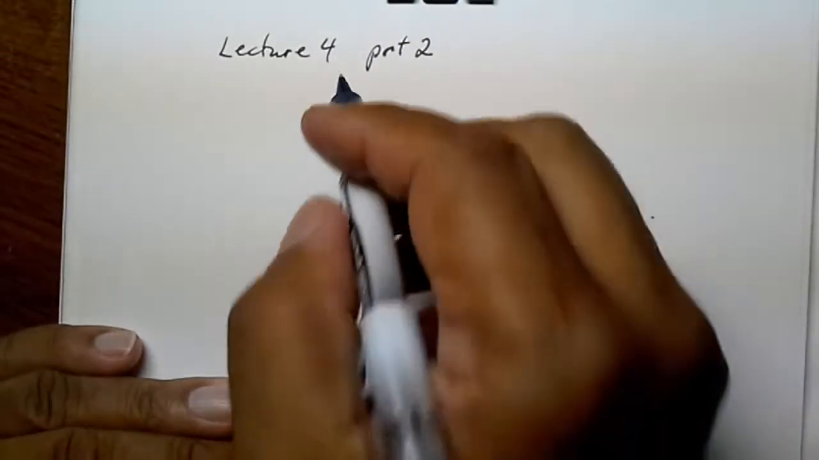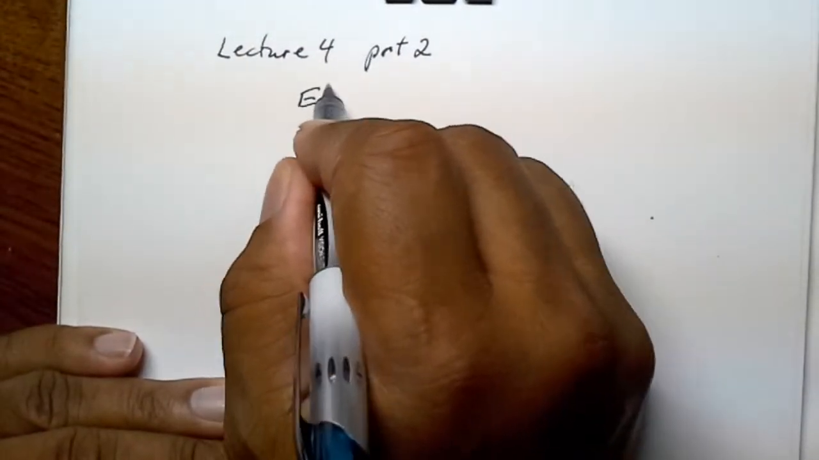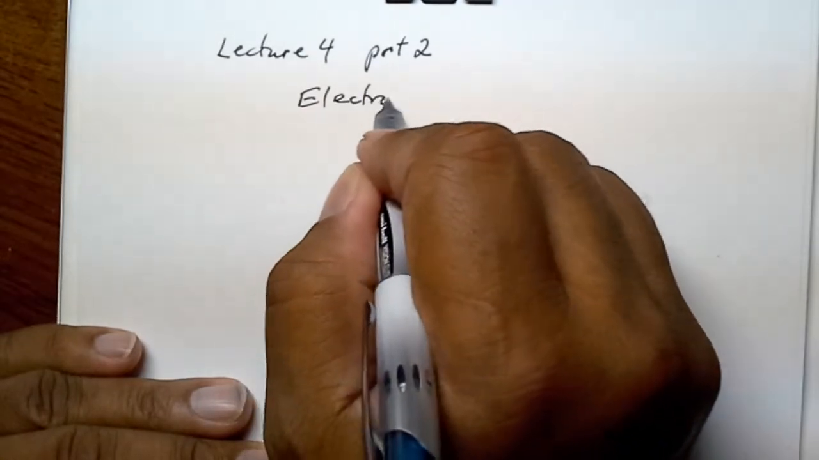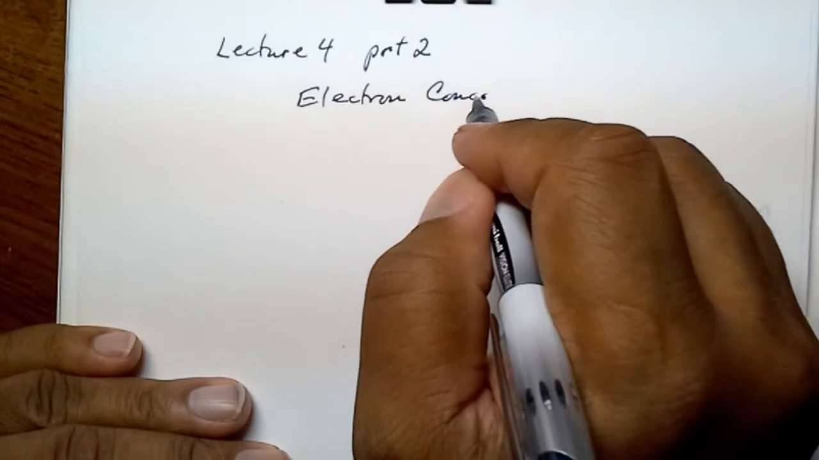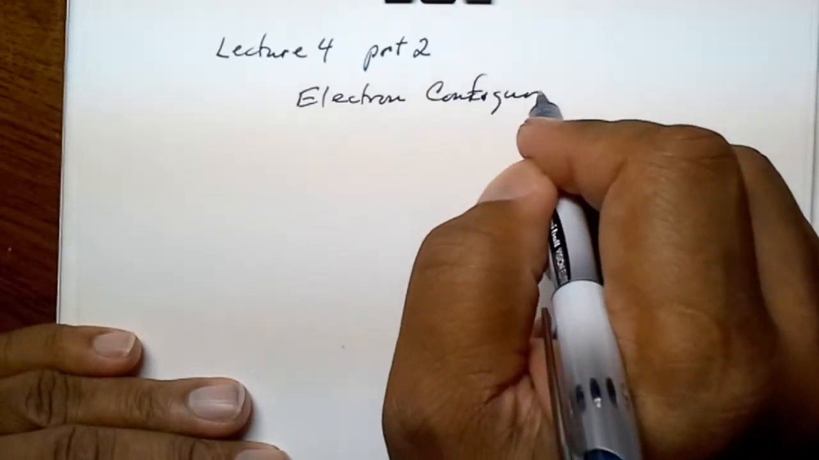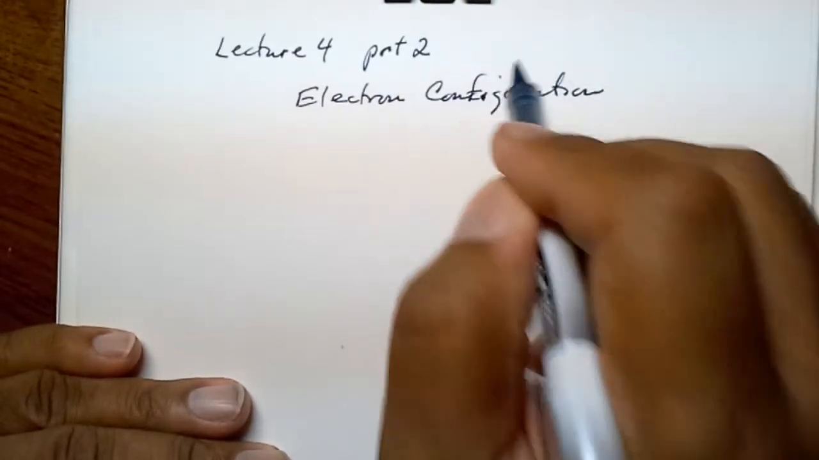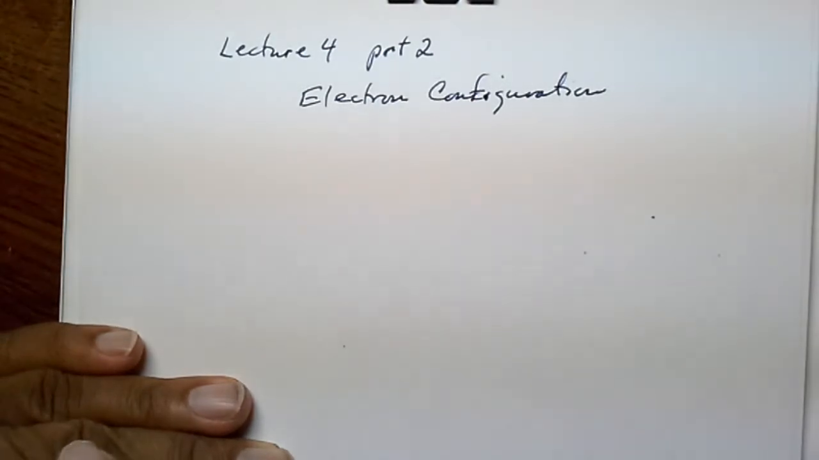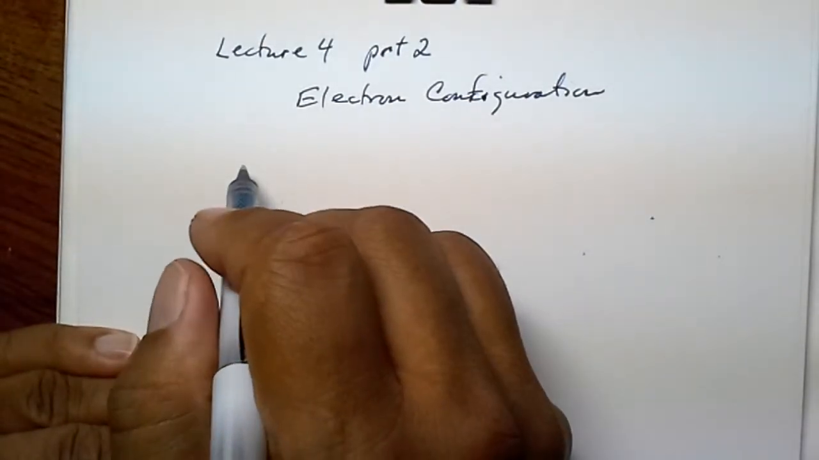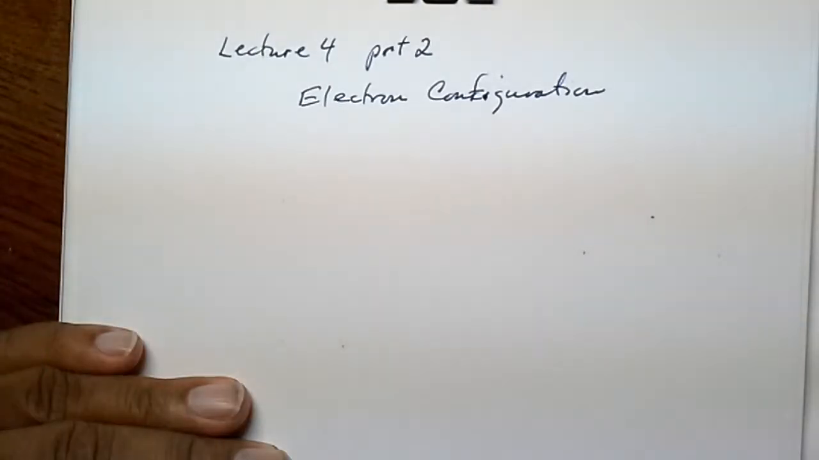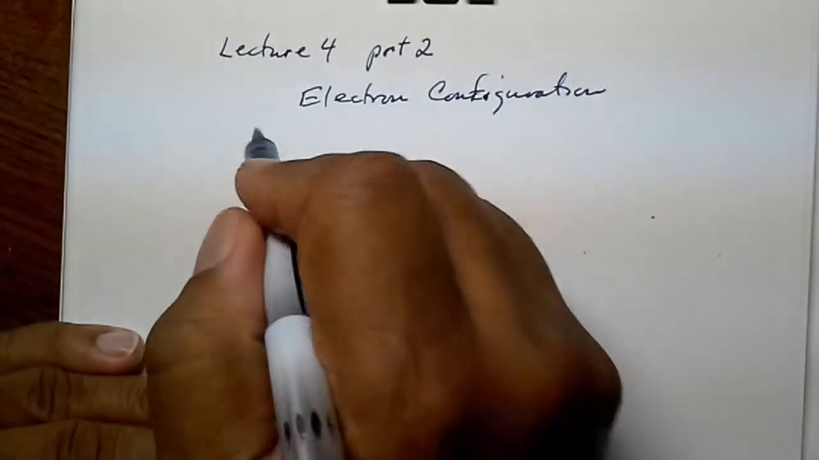Alright, this is part 2 of lecture 4. We were talking about electron configuration. And just as a reminder, we have the arrangement of electrons of an atom distributed among shells